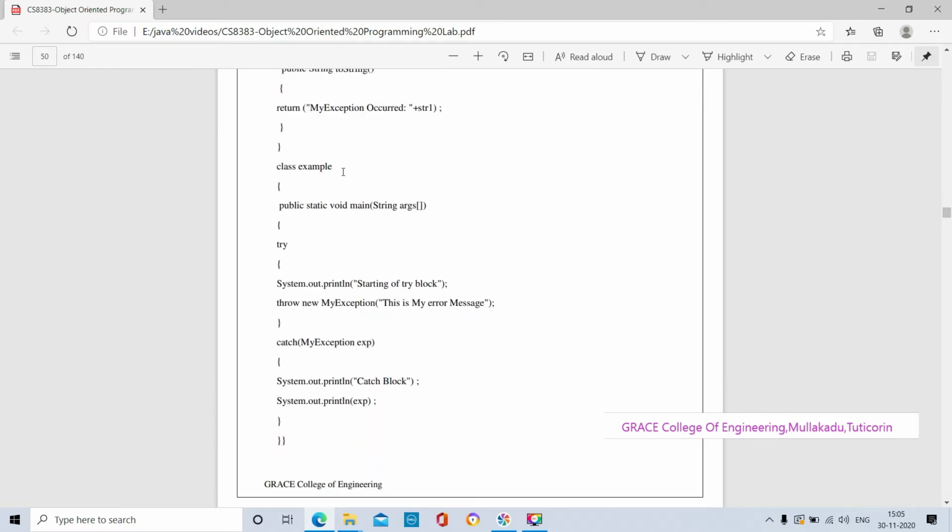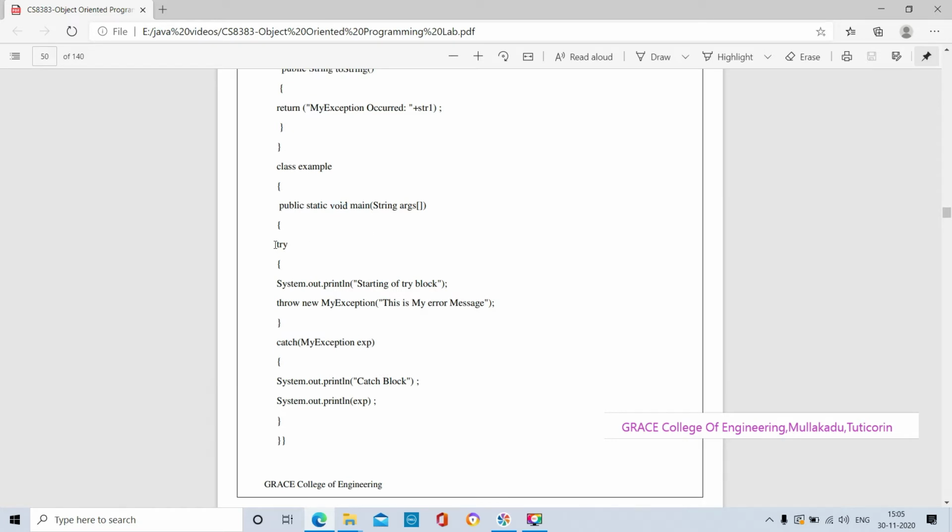We have the main method in the main class. The class name is Example. We have to save this program with the name Example.java. The class in which the main method is available, that class name should be the file name. So Example.java is the file name. Without any object creation or object initialization, we initiate the main method. For that purpose we use the keyword static. Void is the method type, main is the function name.